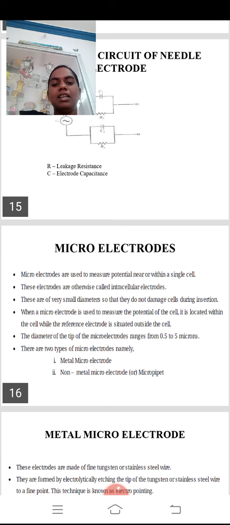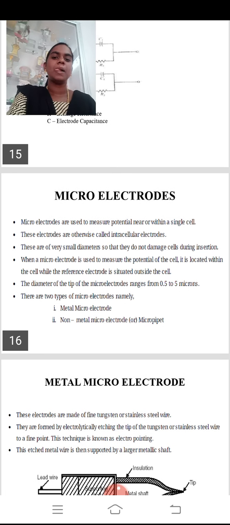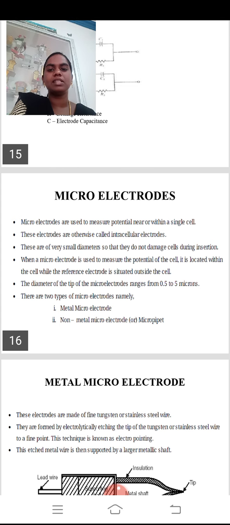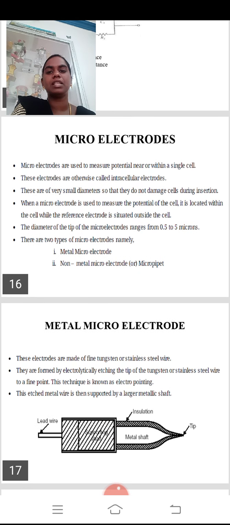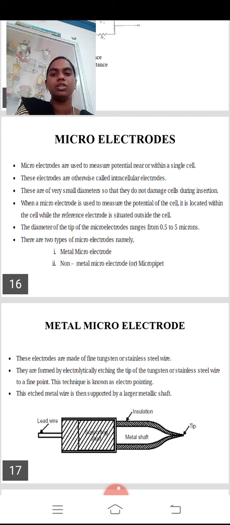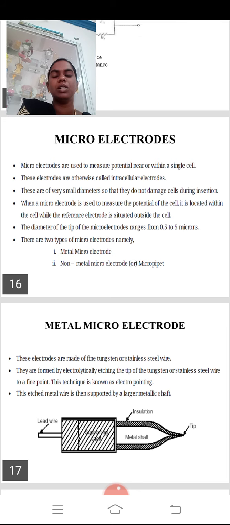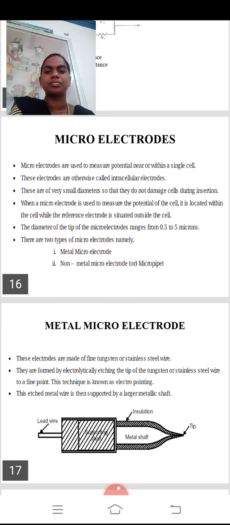Then microelectrodes. The third subdivision of electrode is microelectrodes. So the first one is surface electrode, the second one is needle electrode, the third one is microelectrode. Surface electrode only measures from the surface of our body. With the needle electrode, a needle is injected into our nerve and the nerve activity is sensed. Then microelectrodes give the most accurate result. So the microelectrode is one of the best electrodes to measure the electric signal.